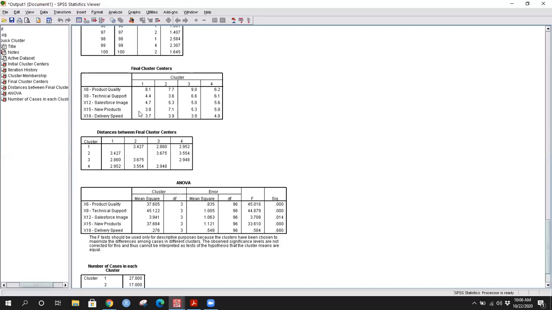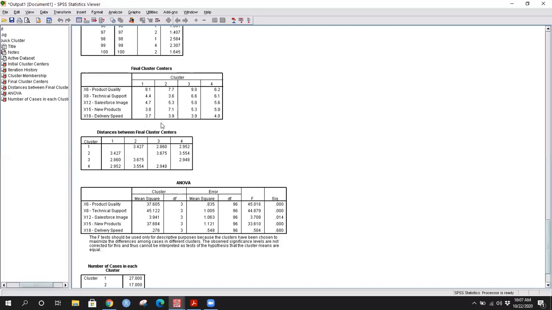So then we look at the delivery speed, for example. So it's 3.7, which when compared to other numbers, doesn't show much variation. You see, in delivery speed as a clustering variable, you don't see much variation. It's a 3.7, 3.9, 3.94. More or less everything is so similar to make a considerable remark. Okay. So I think all these numbers on delivery speed are below 5. So I can say that delivery speed for all the clusters has behaved below average. I mean, almost every cluster has felt that delivery speed is indeed not up to the mark.